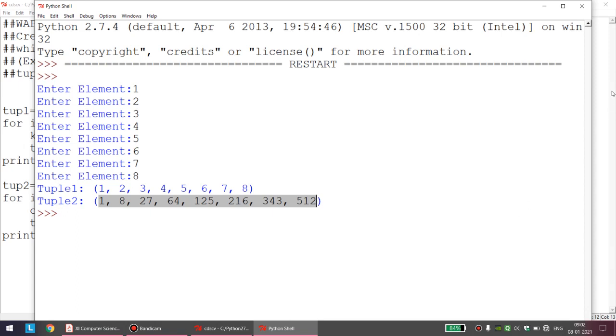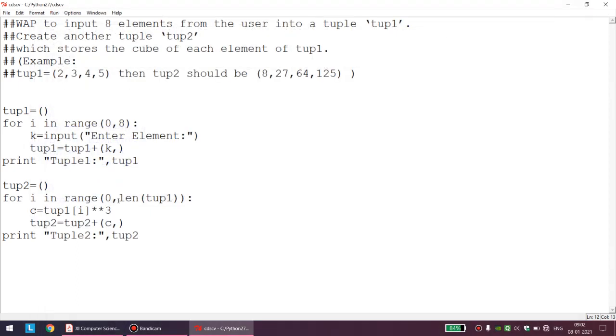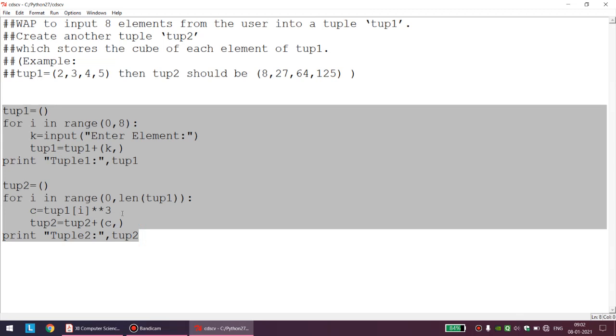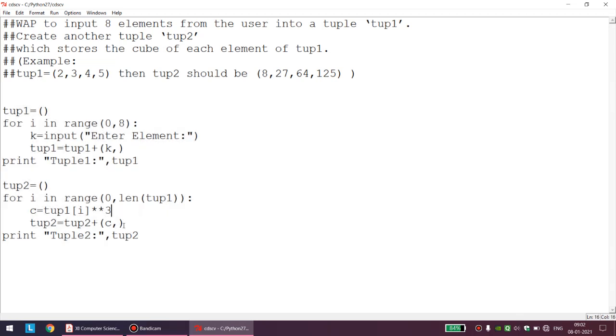Okay, I hope this program is understandable. Simple logic. And why is it simple? Because the same kind of things we had done earlier. In the case of a list also we used to do such things, and we were appending the elements into a new list. Here in the case of a tuple the methodology is almost the same, but if we know the technique of adding elements into the tuple one by one, there won't be any issue regarding that.